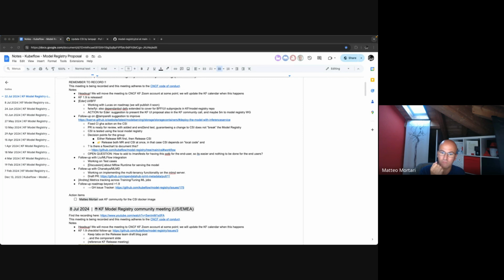So in case you hit some limitation on Testcontainers for Python, which seems to depend more on the goodwill of the community for the Python incarnation, compared to Testcontainers for Go or for Java originally, please feel free to see what we've been doing for the Model Registry Python client, and maybe you can do the same in case you find any problem. But if Testcontainers for Python works for you, all the better. We can use that as a standard library for testing. I just wanted to mention that.